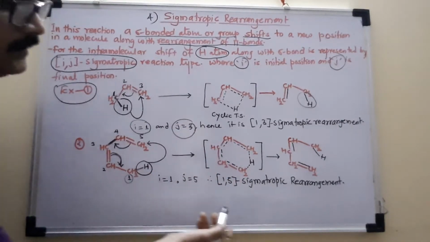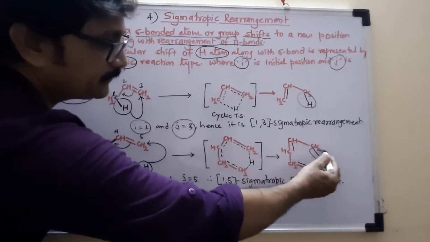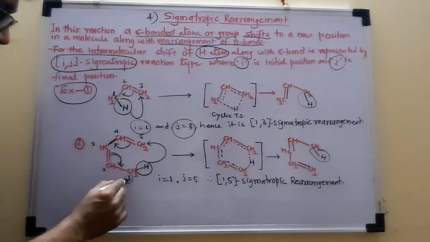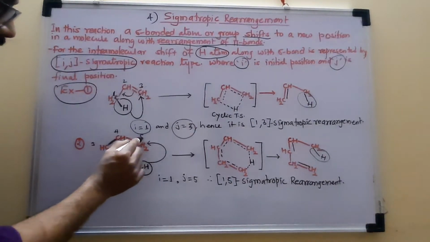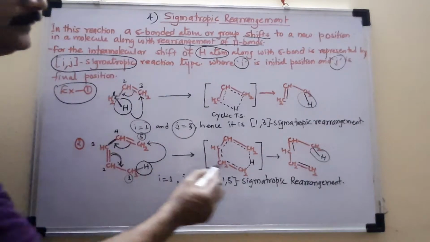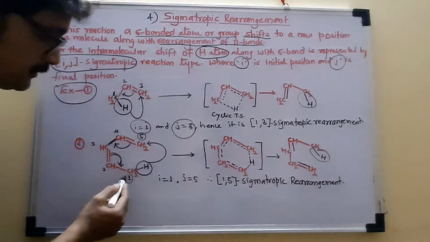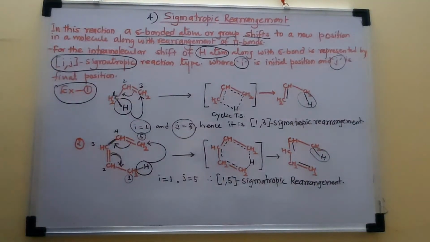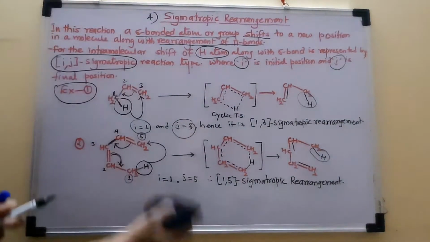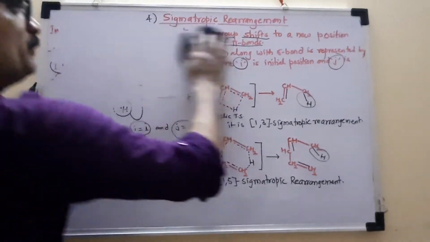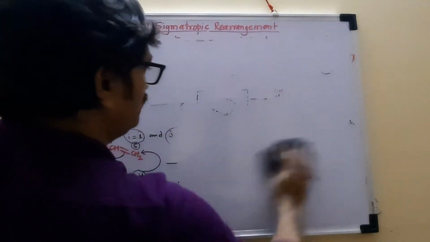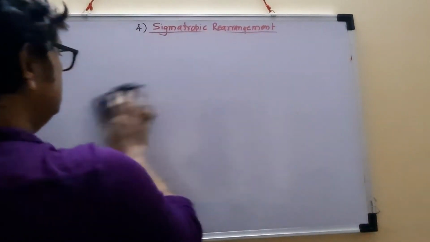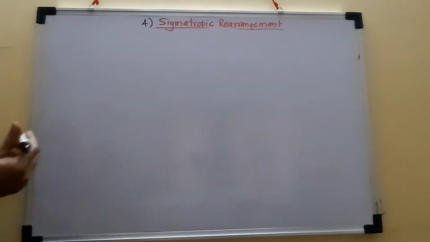You know that very well. Now hydrogen has taken its final position. If I number this carbon, considering 1 and then numbering onward, this carbon position is the fifth one. Now this hydrogen is changing its position from carbon 1 to 5. That's why it is called 1,5 sigma-tropic rearrangement. In this way sigma-tropic rearrangement is studied. But you can consider a few more examples. I want to add two more examples so you can understand this properly.